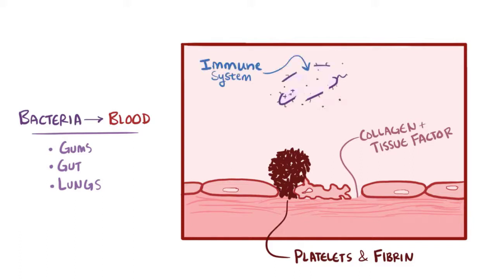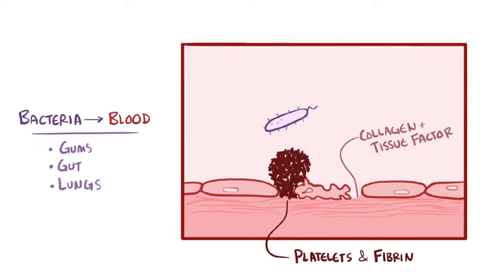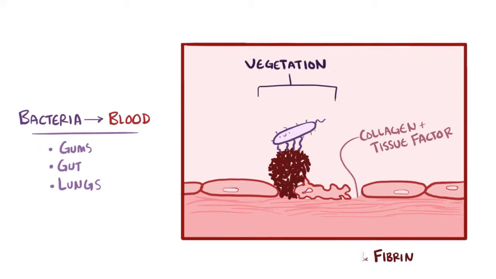But occasionally they float around in the blood for long enough to find an NBTE, which serves as a perfect location for them to attach to and set up an infection, called a vegetation. To attach to it, a lot of bacterial species